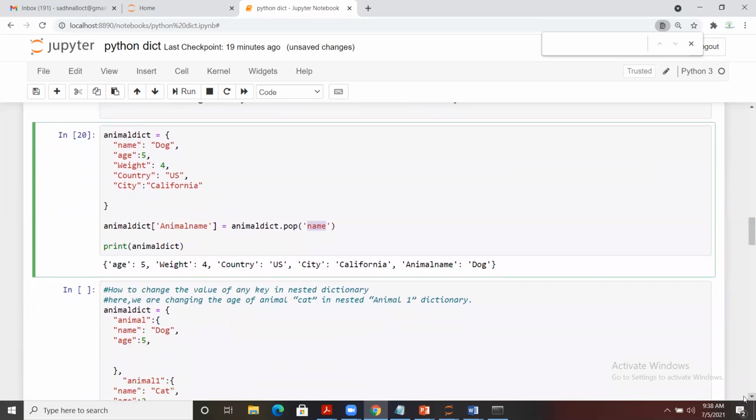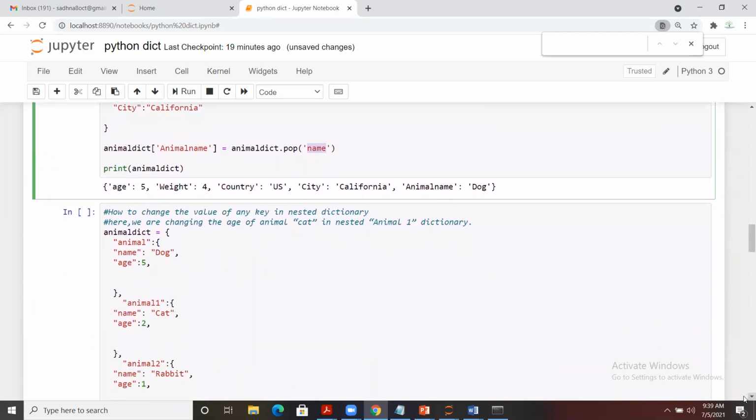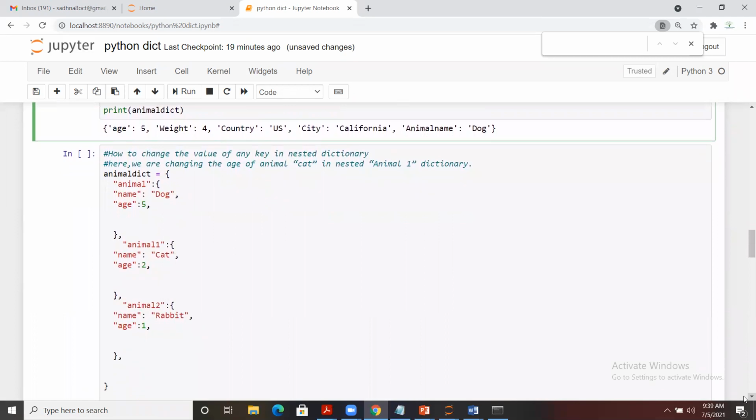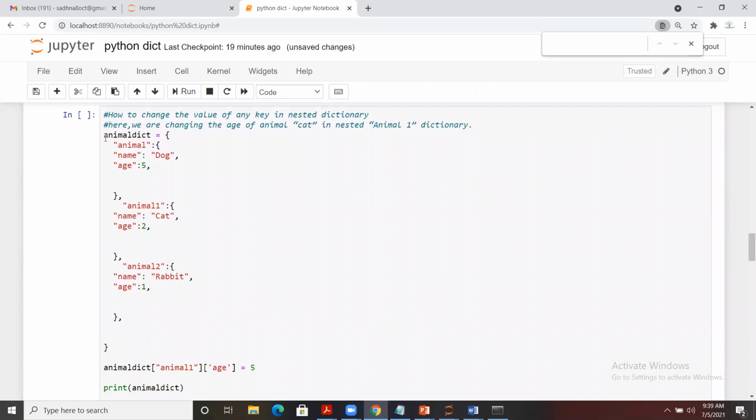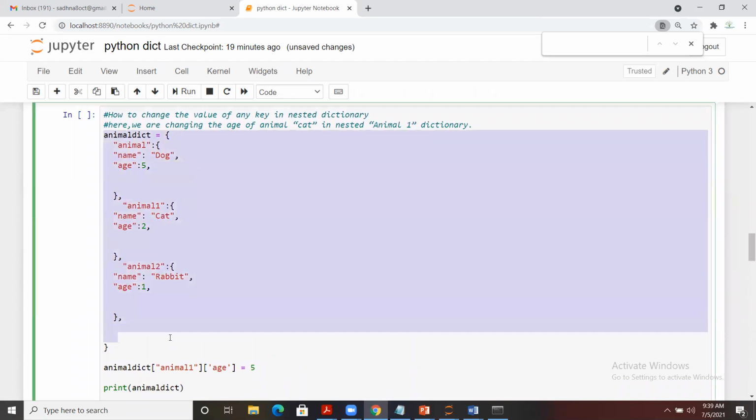And let's move to another part. In case we want to change the value of any key in a nested dictionary, so we have a dictionary inside a dictionary. The nested dictionary is here. That's what you can see. And into this, there is one dictionary, the animal dictionary. And under that, we have animal with the name and age, animal 1 with the name and age, animal 2 with the name and age.